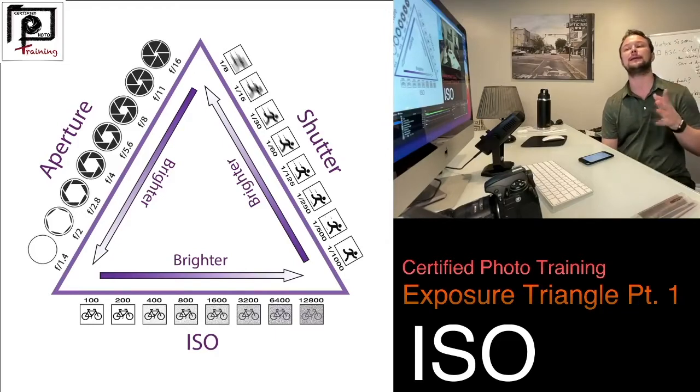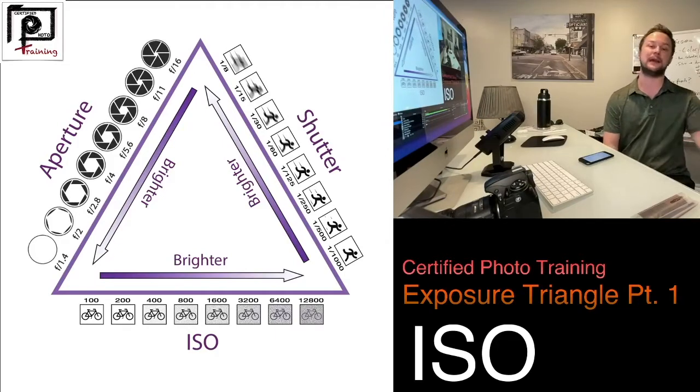Okay, now I say 100, but some cameras will go down to like 50 ISO, or even lower than that. And I just say your goal is 100 ISO because most cameras have that, okay? Now, with that being said, you don't want to be afraid to raise your ISO if you absolutely need to,